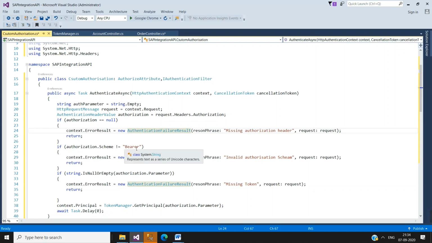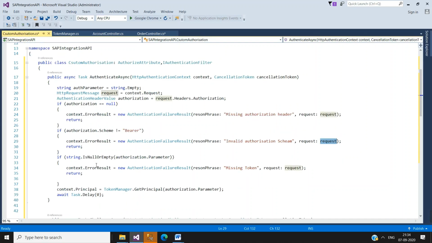Similarly, if the scheme is different than bearer, we will return an invalid authorization scheme message, reason phrase, and request object. And here authorization.parameter, here we are passing missing token and request.